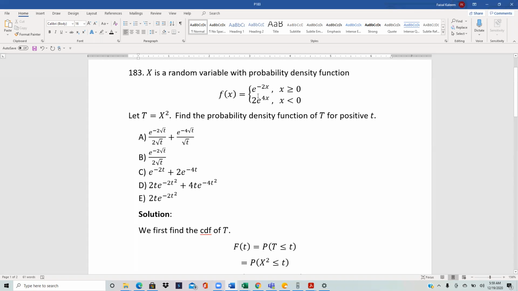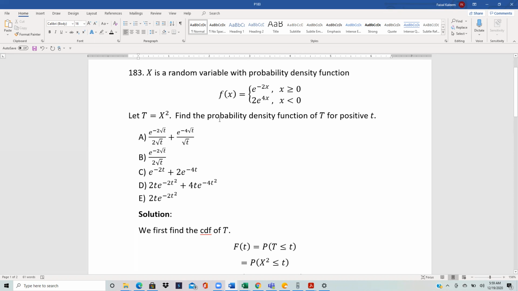X is a random variable with PDF given below. Let T equal X squared. Find the PDF of T. So, as is usual in these transformation problems, even if you have to find the PDF of the new variable,